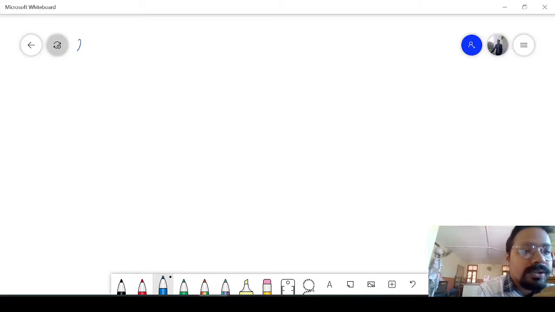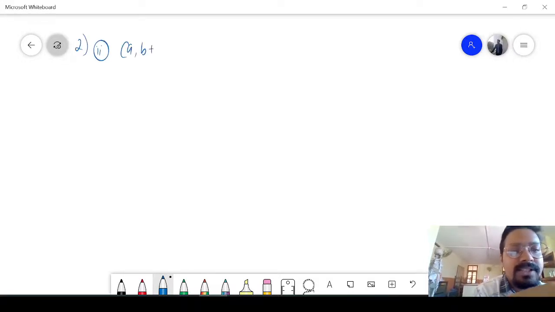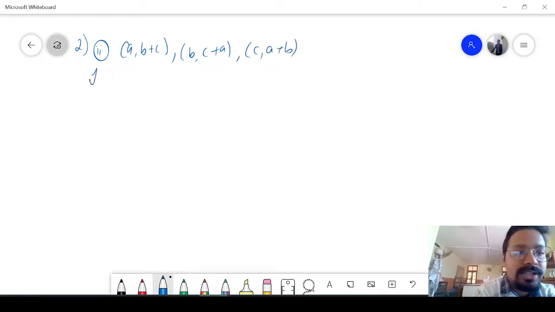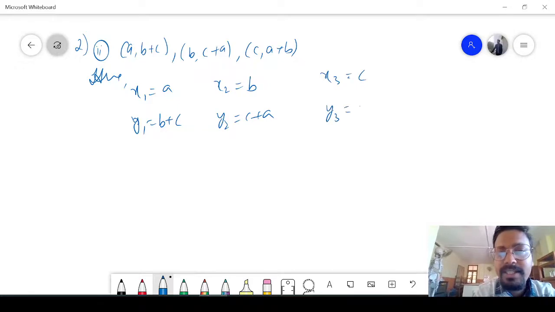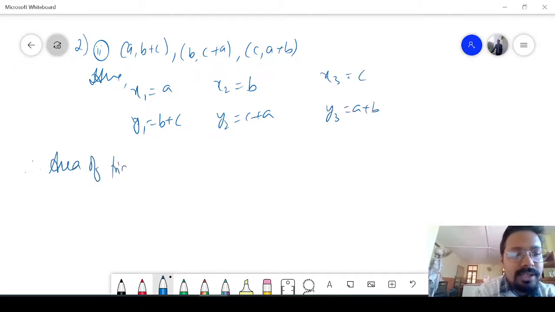Let us start with question number 2, Roman 2. It is a comma b plus c, b comma c plus a and c comma a plus b. These are the 3 points. So here our x1 is a, y1 is b plus c, x2 is b, y2 is c plus a, x3 is c and y3 is a plus b. So therefore area of triangle is equal to plus minus half into,